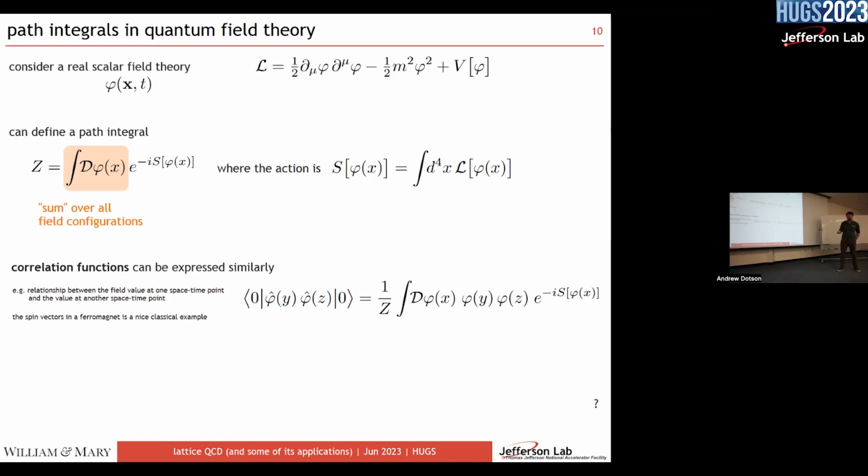What is a correlation function? Well, probably the simplest analogy, the one that you might want to think about, is a classical example would be the spin vectors in a ferromagnet. So, in a ferromagnet, you have a crystal of spins, and you know that if you apply an external field, they'll all line up. But if instead of applying it because of the mutual attractive interactions that tend to line them up, if instead of doing that,